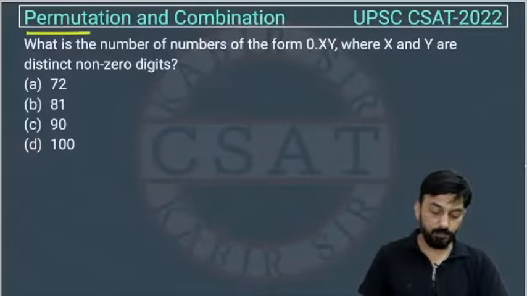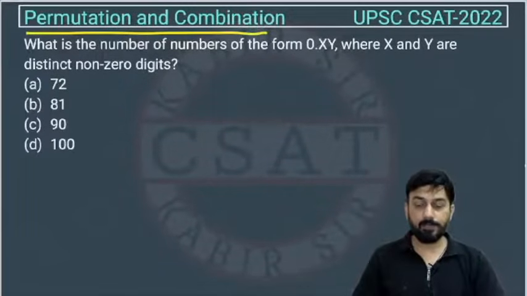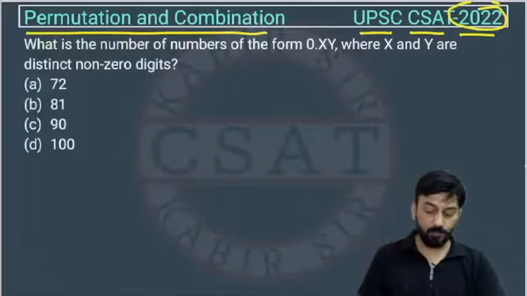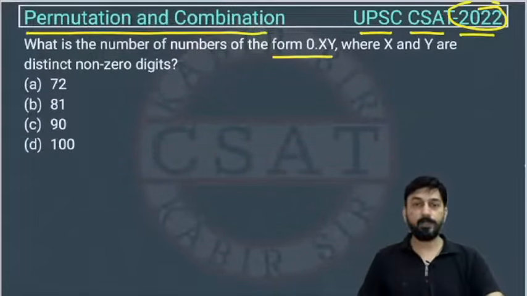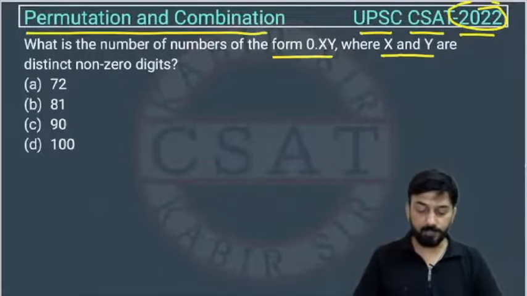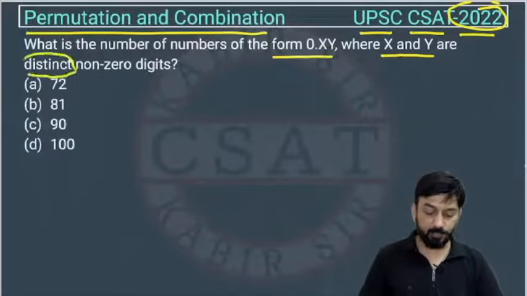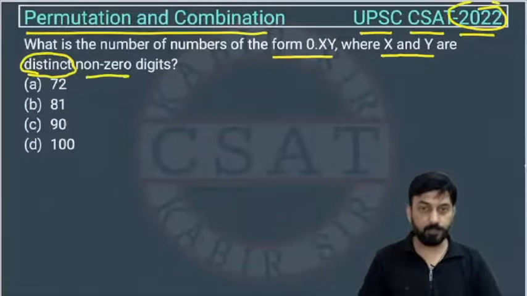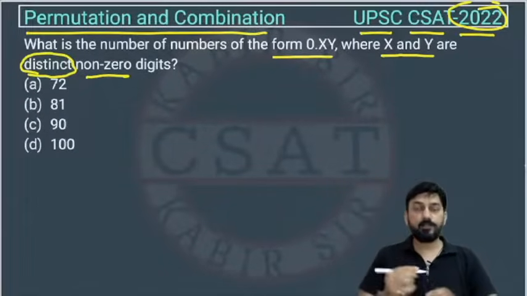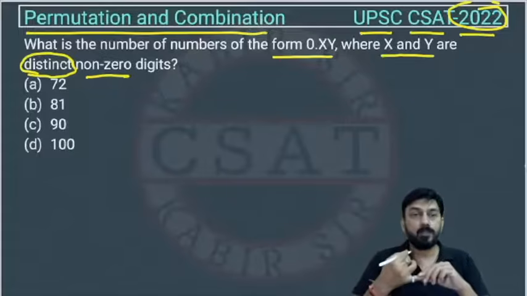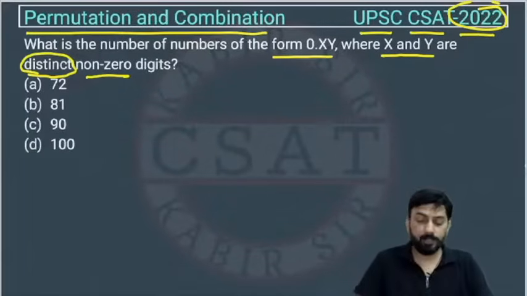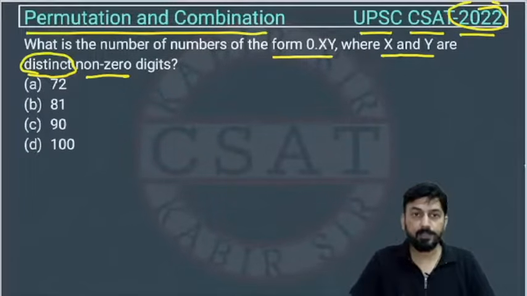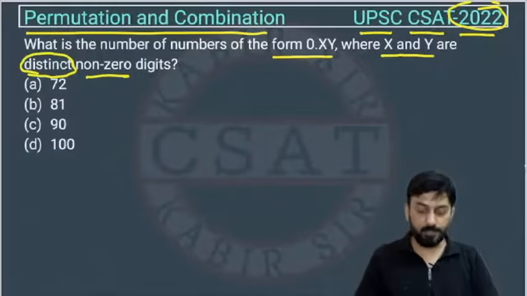So this is a question from Permutation and Combination chapter asked by UPSC in CSAT paper of 2022. What is the number of numbers of the form 0.xy where x and y are distinct? This is important. So x and y are distinct, okay, non-zero digits, right? So what is this question saying, right? Because I have seen many students were not able to identify that this question is from Permutation and Combination chapter. So this question is saying कि